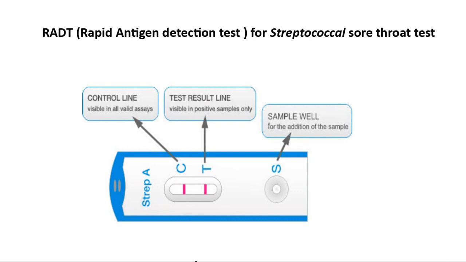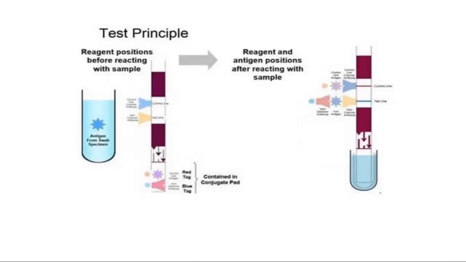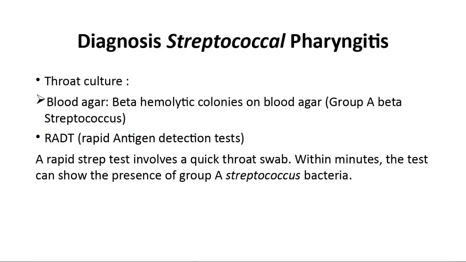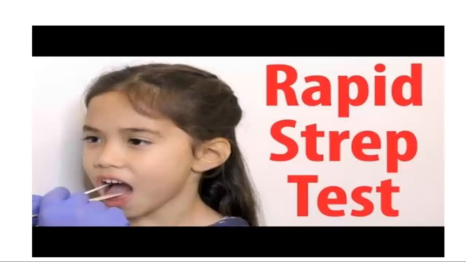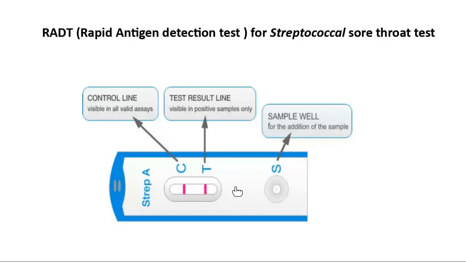Okay, so remember this. From the beginning, you have performed the throat culture. On throat culture, you receive the beta hemolytic colonies. These beta hemolytic colonies are the streptococcus group A. So you perform the rapid antigen detection test. On the rapid antigen detection test, if you find both lines, it means your test is valid as well as positive for the streptococci.